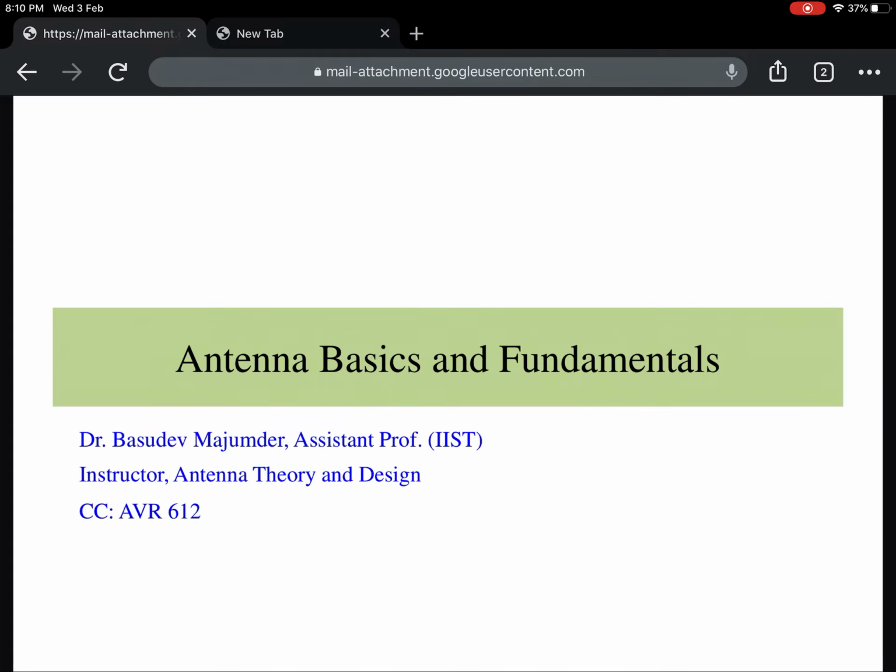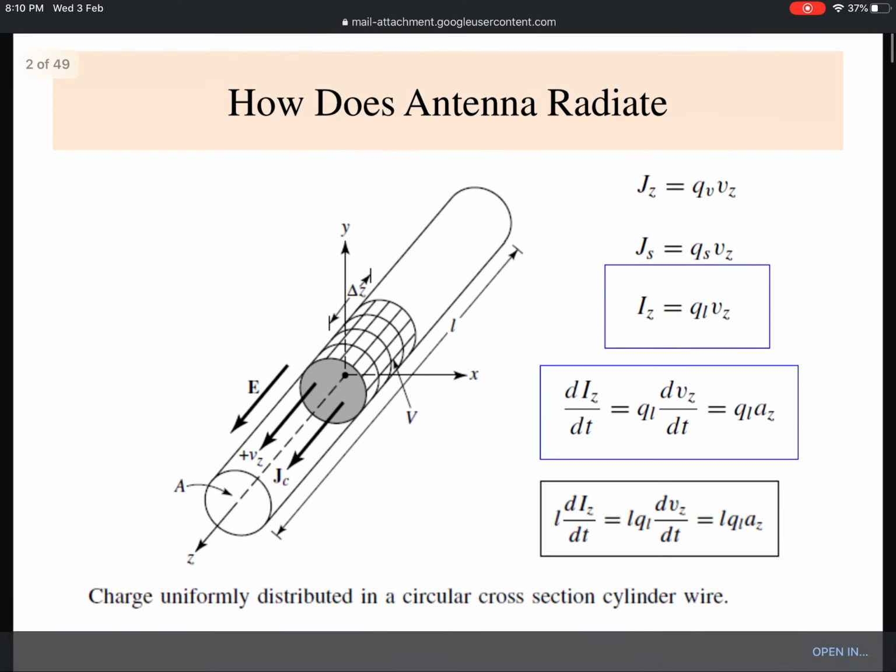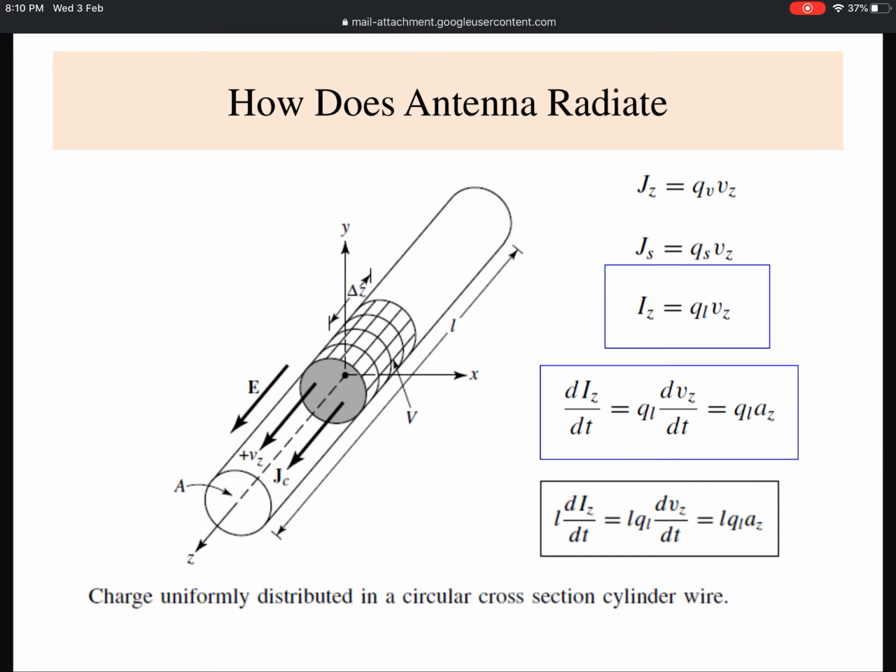will only be clear if you first get familiar with some of its basic characterization parameters. So I will start with that. Now, first we have to know how an antenna radiates. You can see in this figure that there is a length of wire,